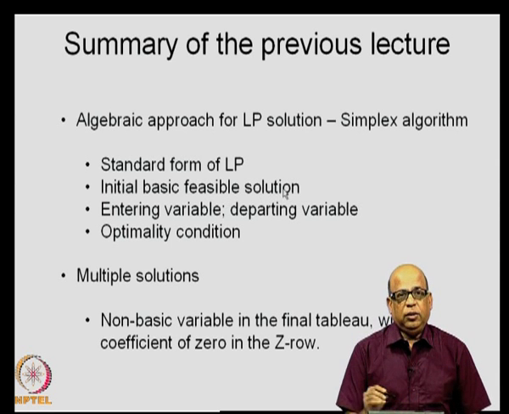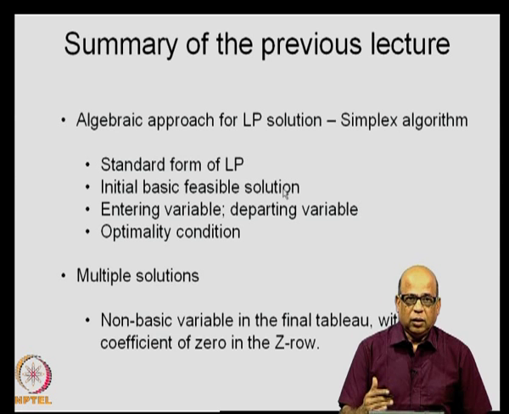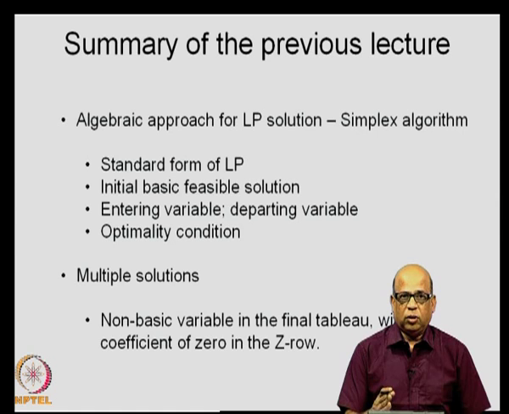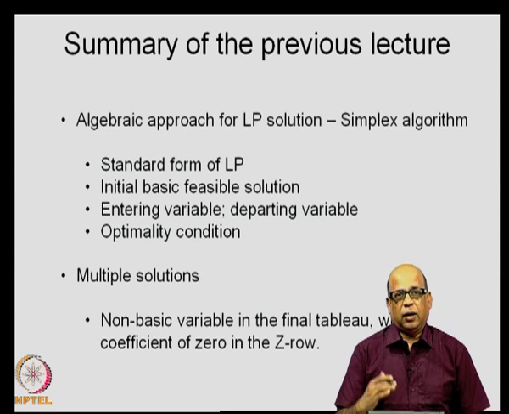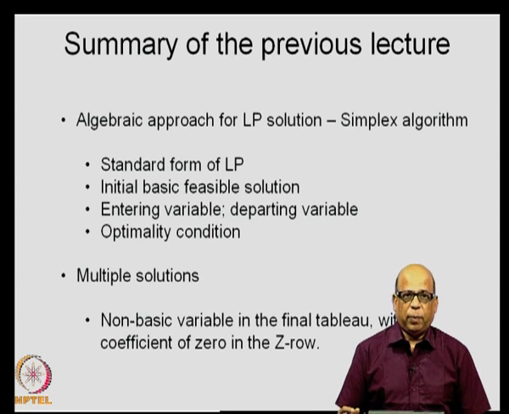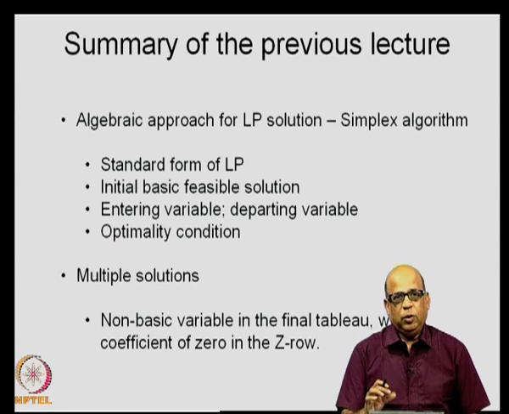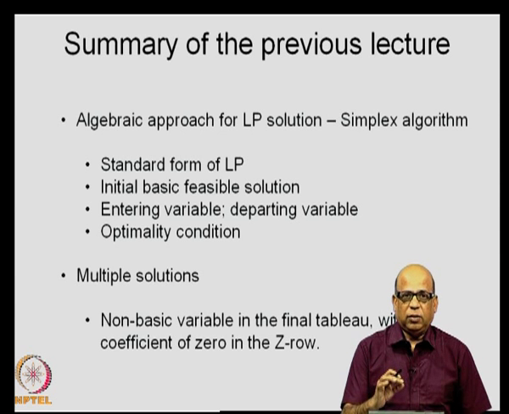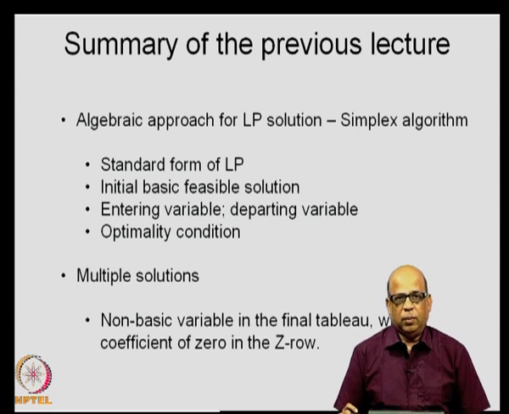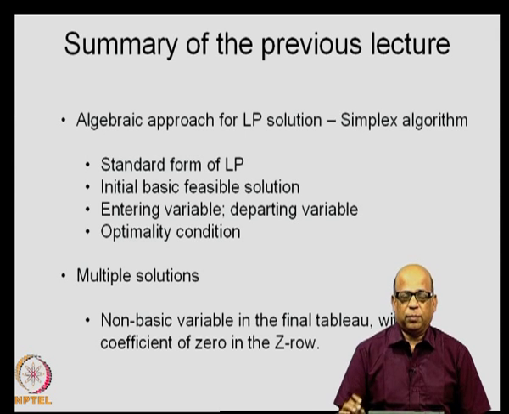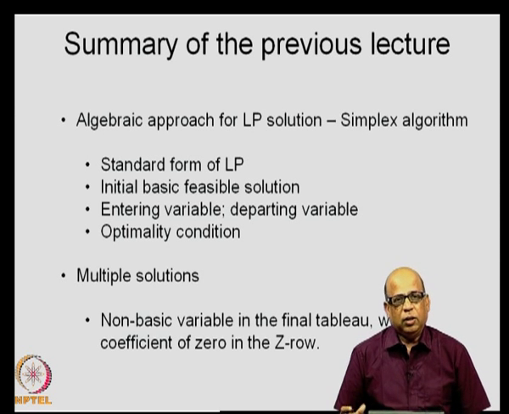So, you start with an initial basic feasible solution and then from iteration to iteration, every time identify whether the solution is optimal. If the solution is not optimal, you identify exactly one entering variable which will enter the basis, and then identify exactly one exiting or departing variable which will depart to make way for the entering variable. So, every time you change the basis by replacing exactly one variable. One variable comes in, one variable goes out. Like this, from iteration to iteration you proceed until you hit the optimal solution.